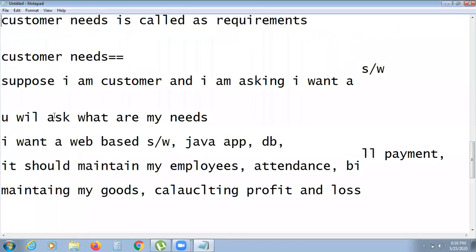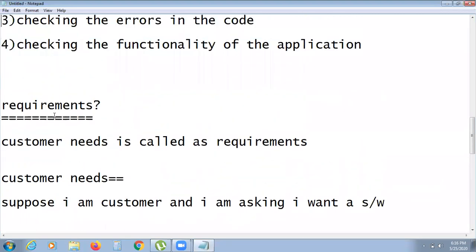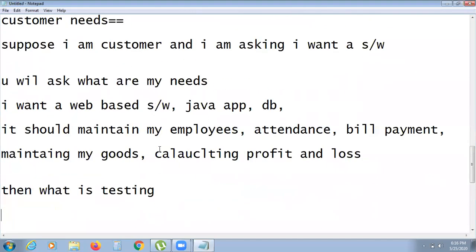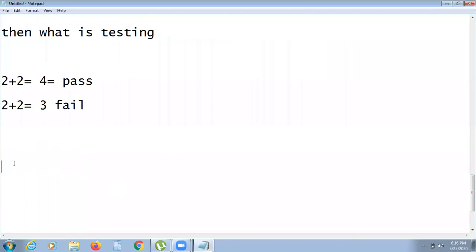So that is one thing, okay. And the next one is checking whether there are errors in the code or not, okay. So errors mean it should be handled. You expect, right? Suppose